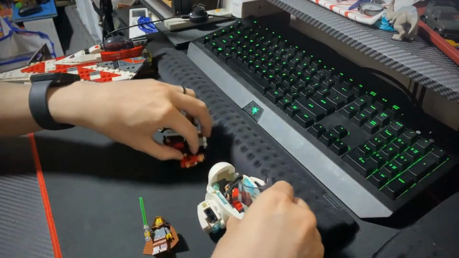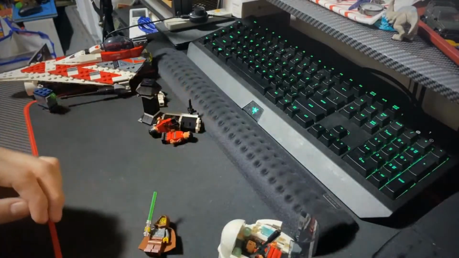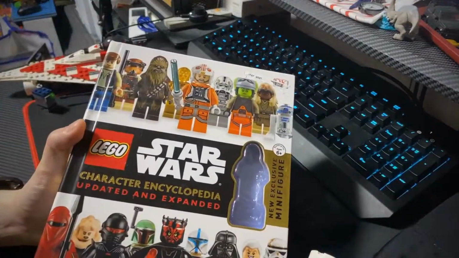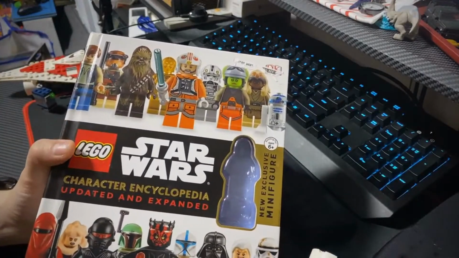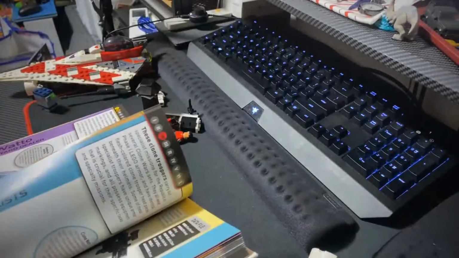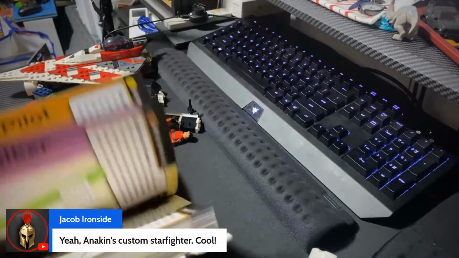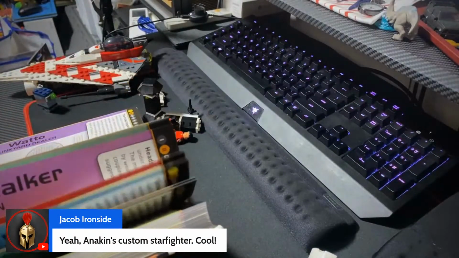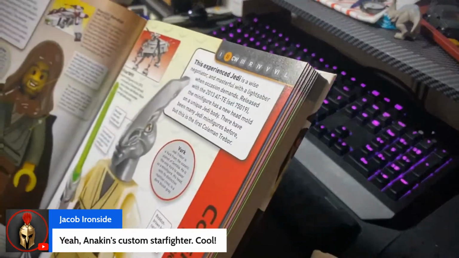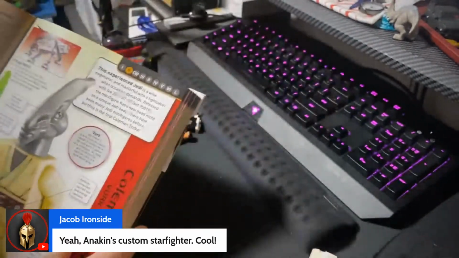So, a little bit of story time with the meme here. I got this neat little book, which is basically the Lego Star Wars character encyclopedia. And this Jedi Bob character has a funny history, because originally he released back in 2000 and something. Oh, 2002, excuse me.